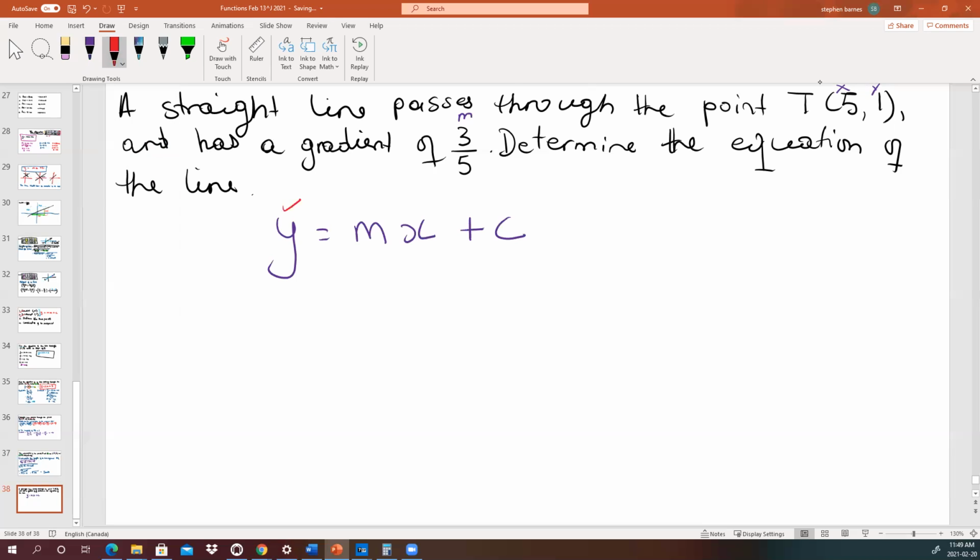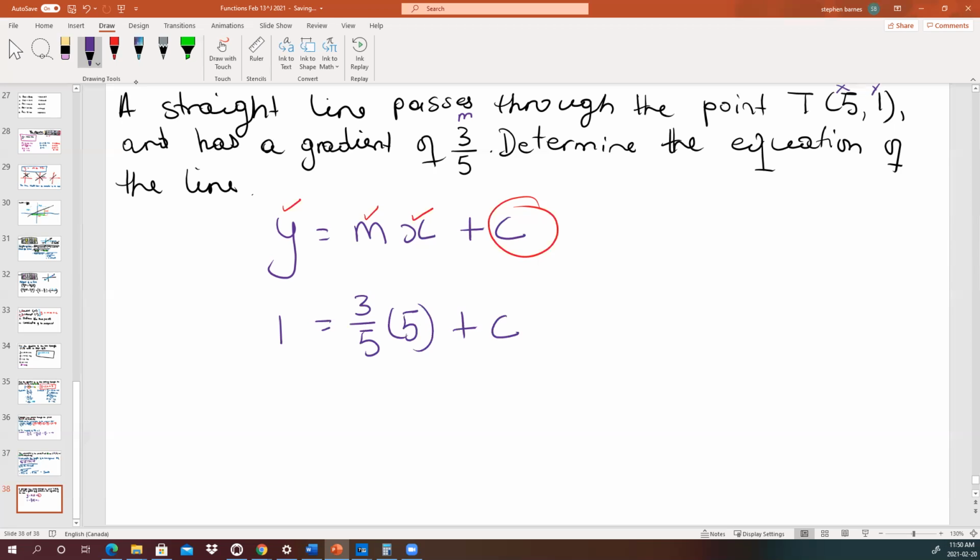So that's in our coordinates. We have an m value because we have our gradient. We have an x value in our coordinates, so we only need to find c to give our answer, right? So let's go ahead and substitute what we do have in the equation and then solve the equation for c. So y is 1, m is 3/5, x is 5